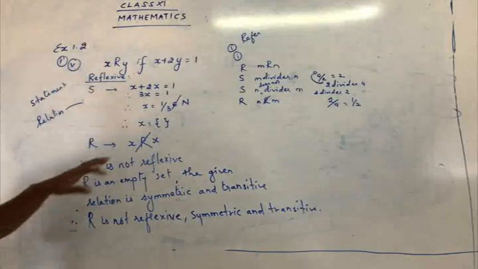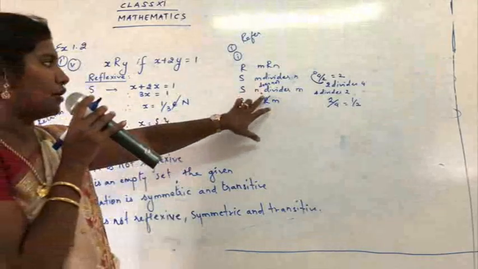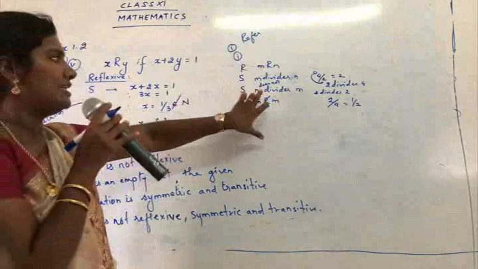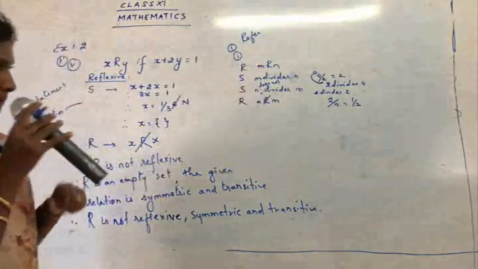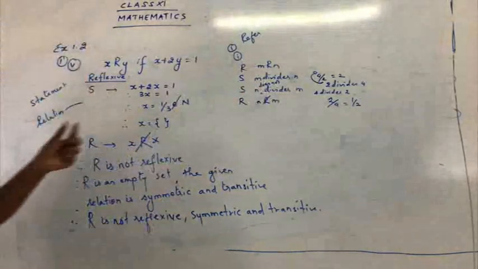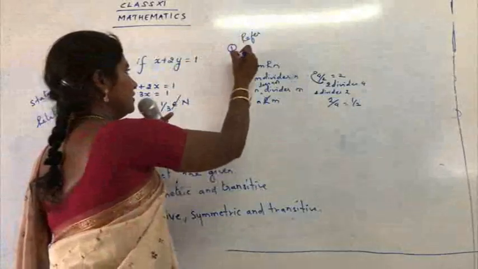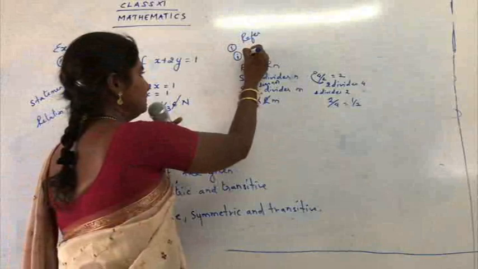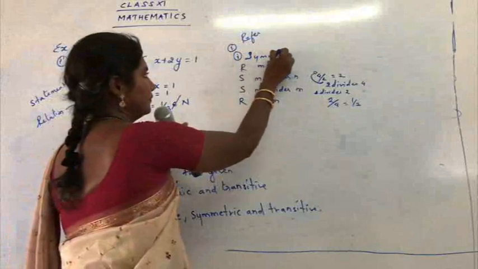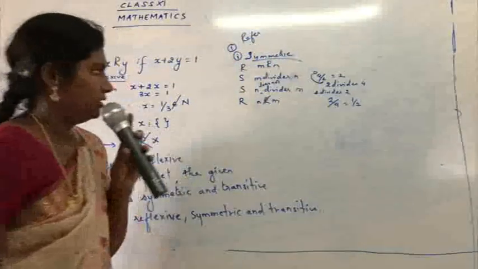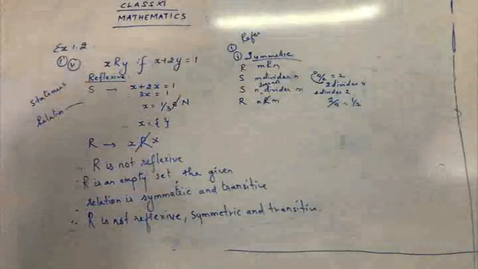So actually I have explained to you, just you mentioned, because according to the sum, according to the condition, N is not dividing M. That's all. So just have a small change. For the first question, under first subpart, this is under symmetric. Okay. I hope you have done the correction.